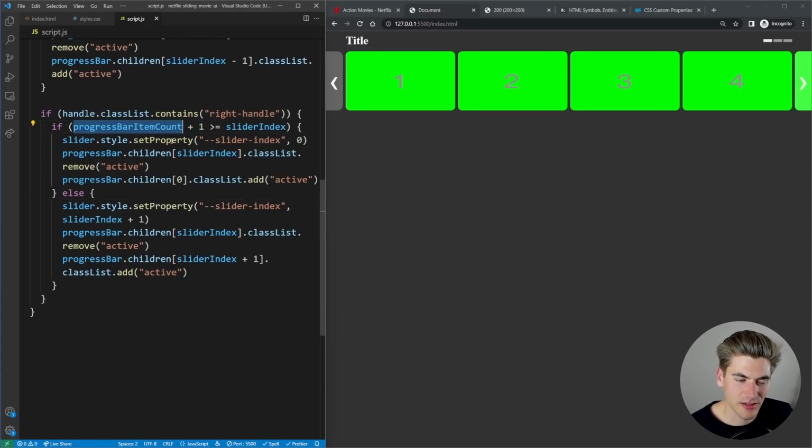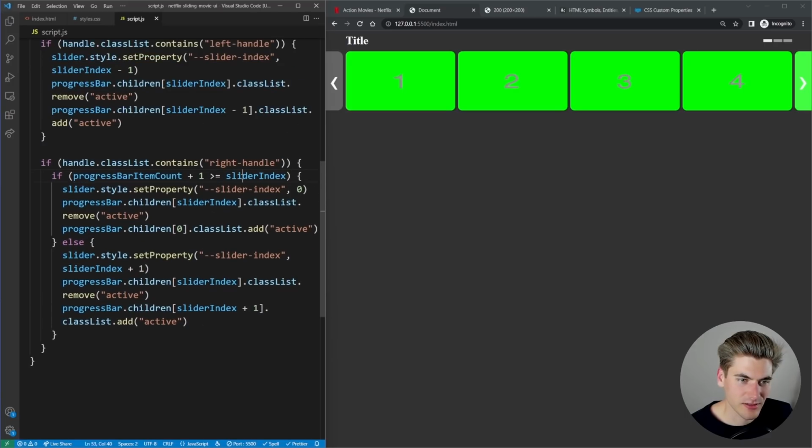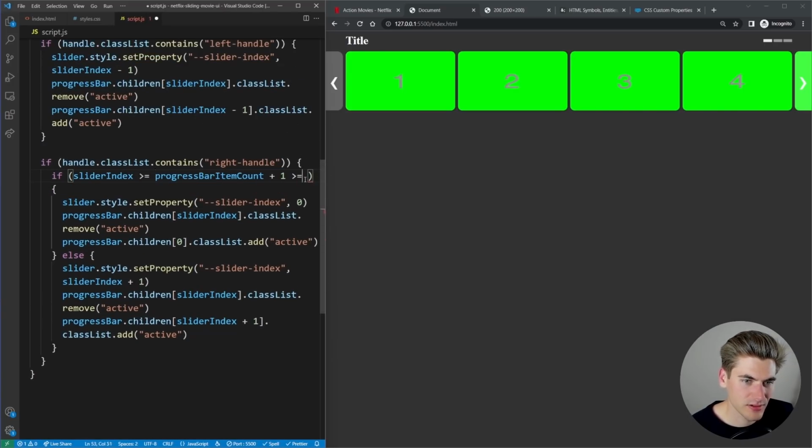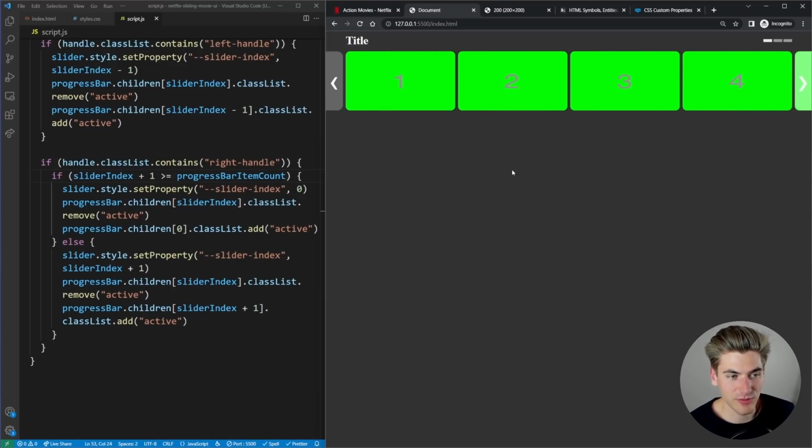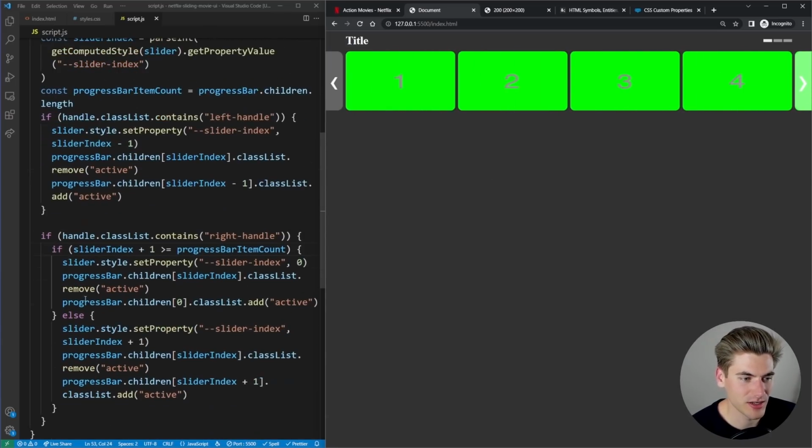Oh, we want to get the active one, not the count. Oh, we want to see if the slider index is greater than or equal to this. There we go. We want to do the +1 here. So now when we get to the very end, it's just cycling back to the very beginning. That is one easy way to do that. We can do the exact same thing up here.